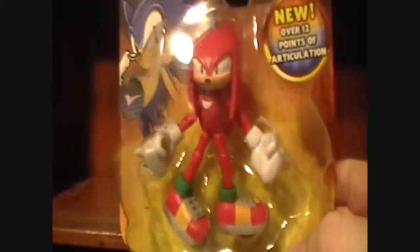So, as I said in my other review, I went to Toys R Us and found the few Sonic figures. The figure that I picked up was Knuckles. Pretty cool. Who doesn't like Knuckles, right? If I remember correctly, he is in the same packaging that Sonic came in. Picture Sonic, 12 points,